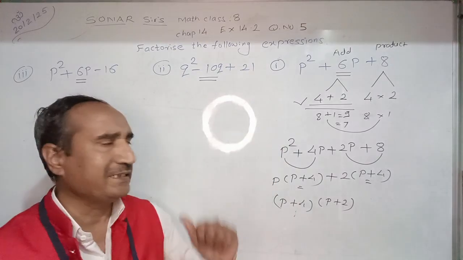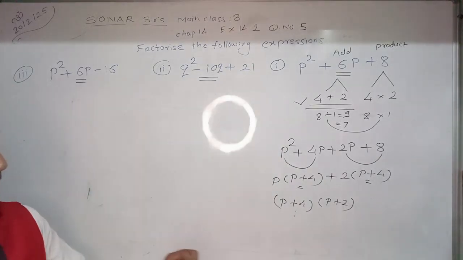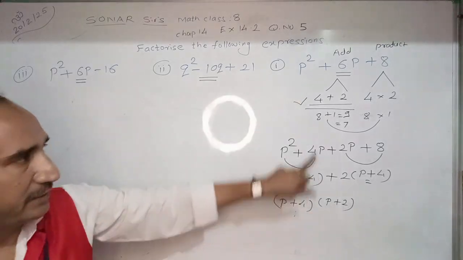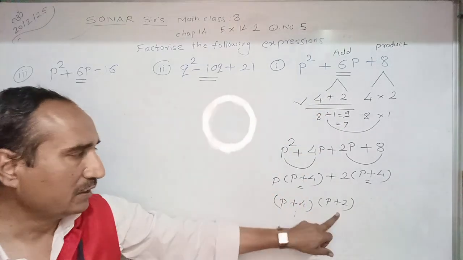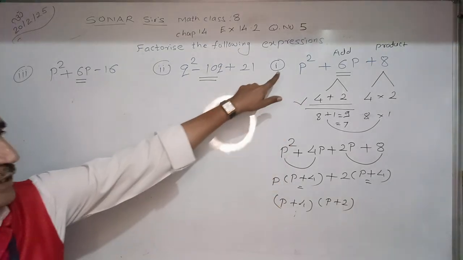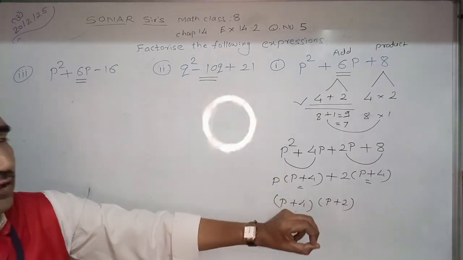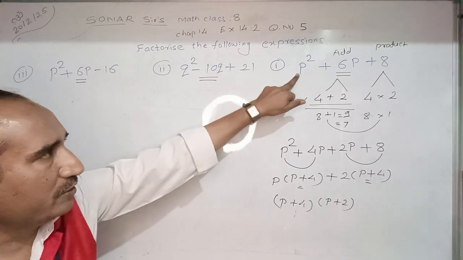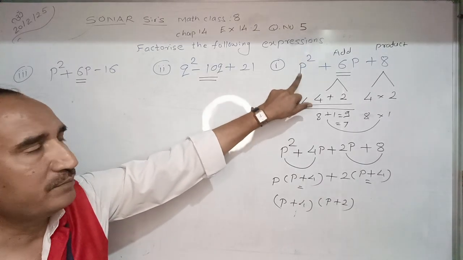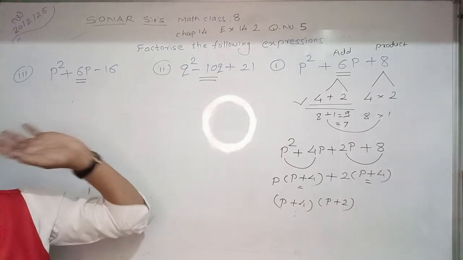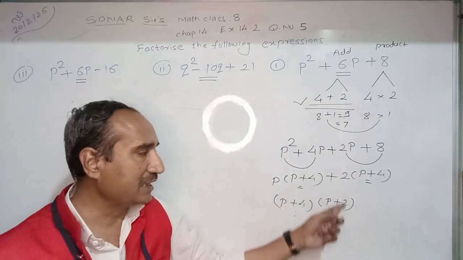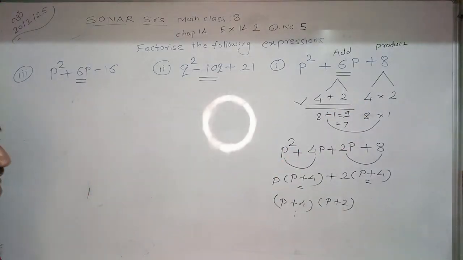One more shortcut is there. Whatever factors we got here, 4 and 2, they will appear with the sign, plus 4 and plus 2, along with the variable. Directly we can find them, but it is possible only when the coefficient of p square, that is the square term, is 1. In this case, we'll get the factors as they are with their sign. Let's discuss the